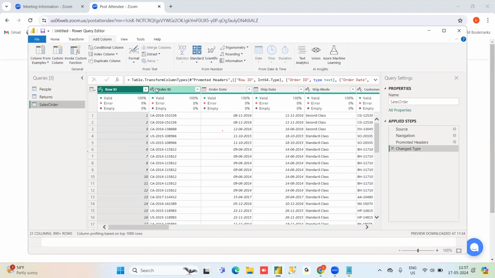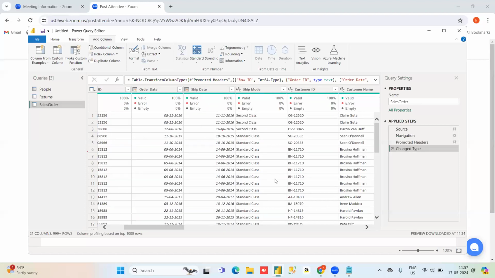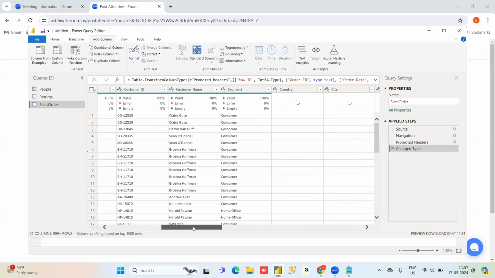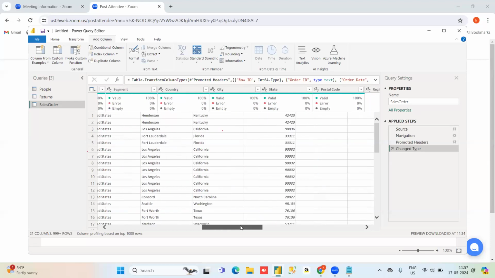ABC means characters. And coming to here, this data is related to date. That is the reason it is giving the icon as a date symbol. If you look at here, the date symbol, this is okay. Ship date, this is also date format. And ship mode, this is textual data. That is the reason it is giving ABC. Okay, so this is also textual data, ABC. So any numerical data, 1, 2, 3, it will take.